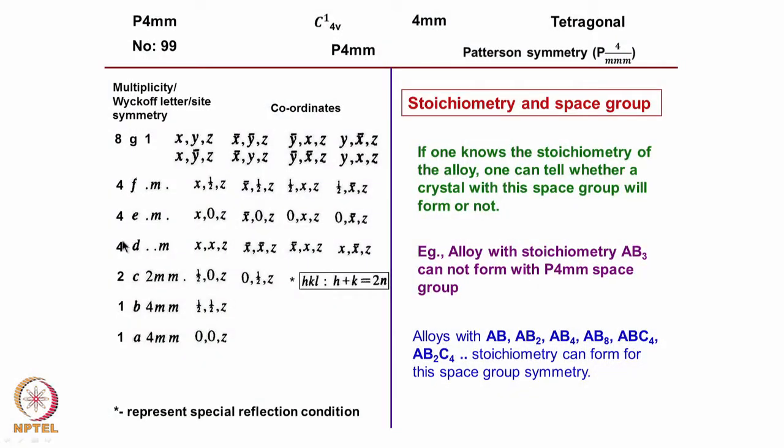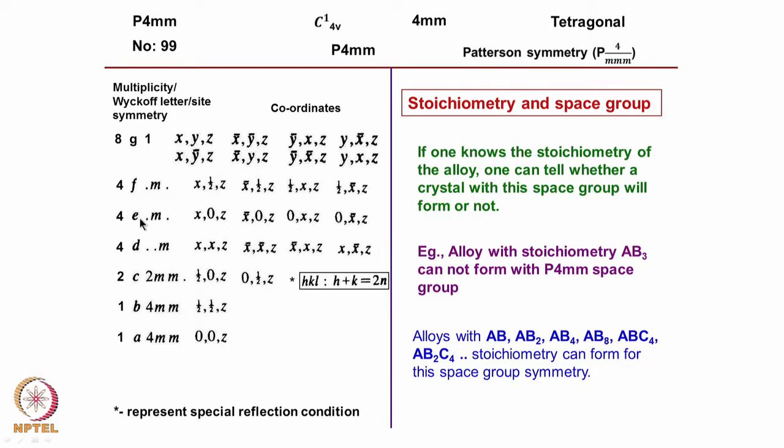Then if we choose this one, 4 atoms of A can come in this unit cell, and at another position, if I choose it like this, 4 atoms of B will come, which we can put at this position. Now again the stoichiometry is AB, but the number of atoms per unit cell has increased. This is what we call the molecular formula. That is, what is the total number?